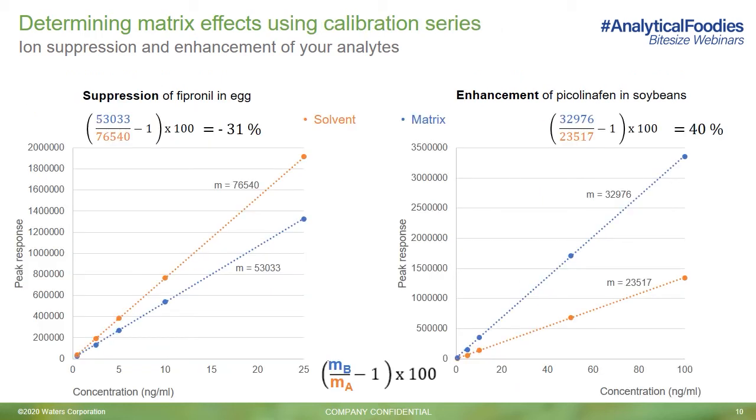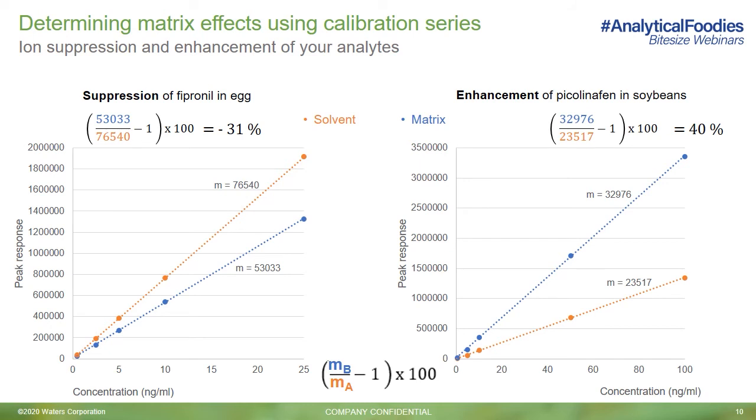Taking the same samples, calibration series were prepared over the required working range to equivalent concentrations in both solvent and the relevant sample type. Again, before getting into any calculations, we see a similar trend in response when both solvent and matrix-matched data are overlaid. Of course, quantifying the effects is required to understand what corrective action, if any, is required to ensure a reliable method is robustly developed and maximize lab efficiency during routine analyses.